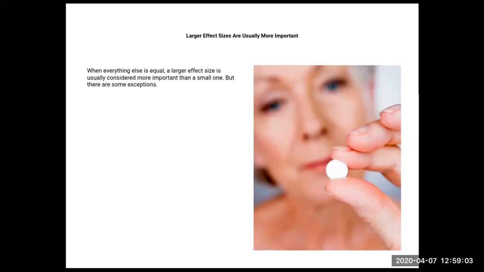In this case, taking aspirin may not do much for some people, but it may help to save the lives of a few. So if you have 1,000 people and everybody takes aspirin, even though the effect size is really small, let's say that it prevents 20 of those 1,000 people from dying. It's still a really small effect size, 20 out of 1,000, but what that still means in life or death is that you've prevented 20 deaths.